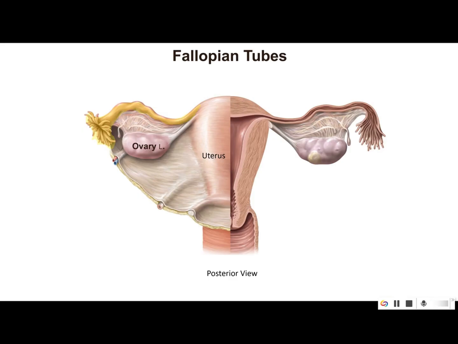The ends that hug the ovary are also the most distal ends from the uterus. This funnel-shaped region, known as the infundibulum, ends at an opening in the peritoneal cavity. The fimbriae are finger-like extensions of the distal infundibulum, and they're responsible for catching the oocytes released from the ovary after ovulation. The ampulla region is medial to the infundibulum, and it is the most common site for